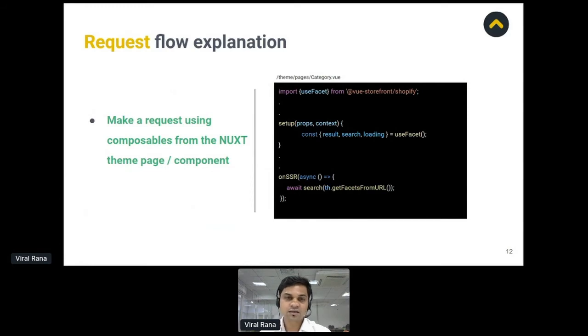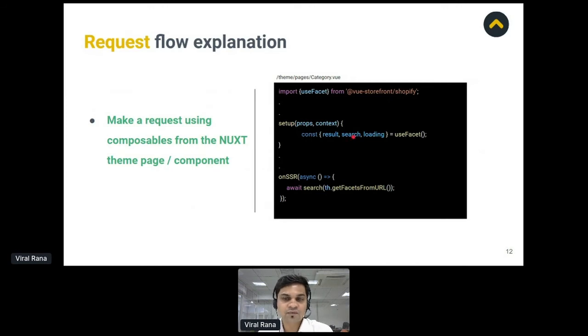Okay, let's understand the step-by-step process of the request flow. First, make a request using composables from a Nuxt theme page or component. Here you can see that we have a /theme/pages/category.vue file, which is overridden from the core Nuxt theme package. To use any composable API, you must import it from the @vue-storefront/shopify package. In the setup method, you extract the factory method.